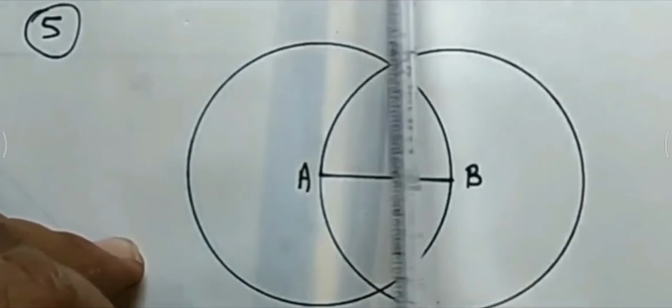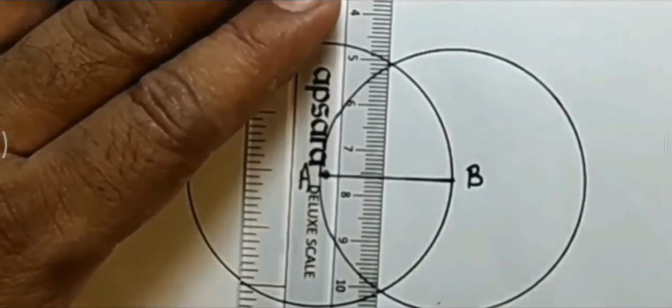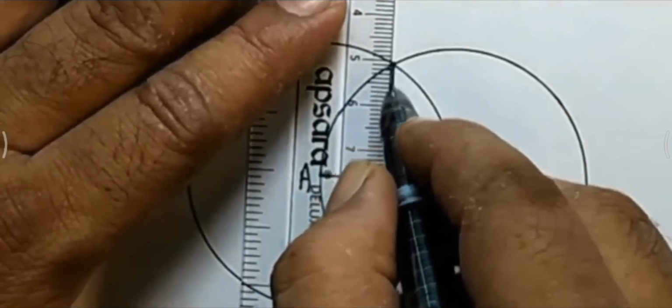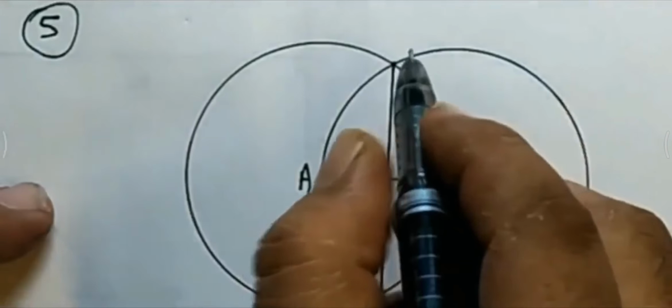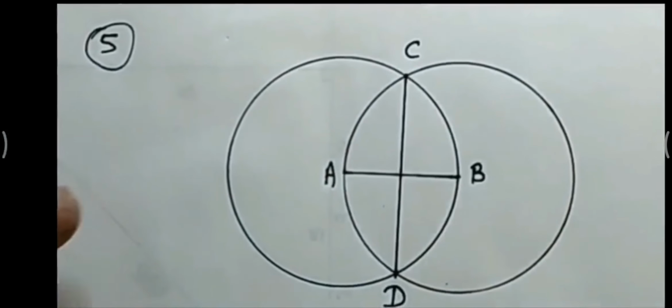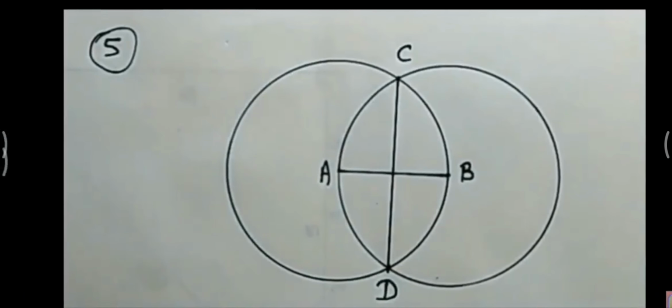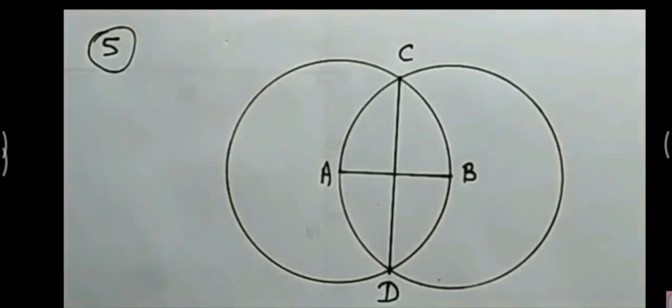Now the points that are intersecting, now we will join these points one by one. Now another line you are required to draw. This is C and another point is D. Now this is the question. Check whether AB and CD are at right angles or not. So this we can check only by a protractor. We will measure the angles. AB and CD, are they at right angles or not?